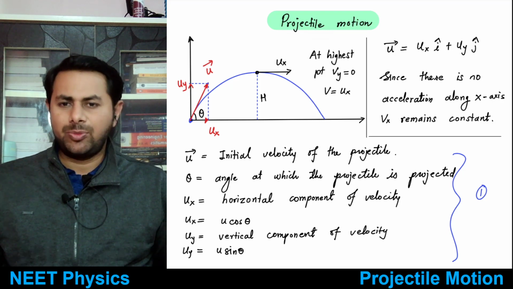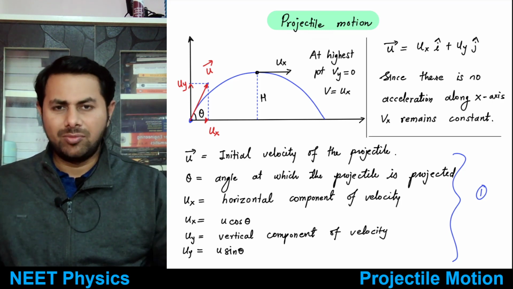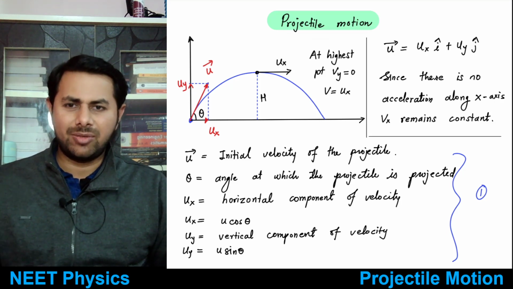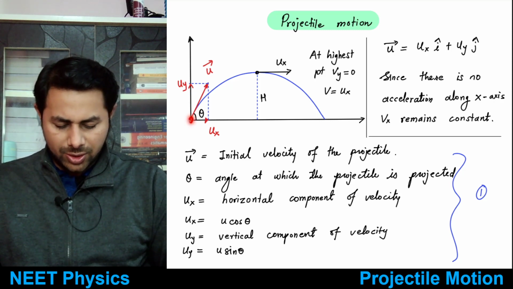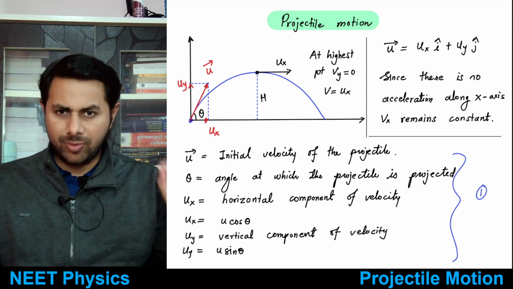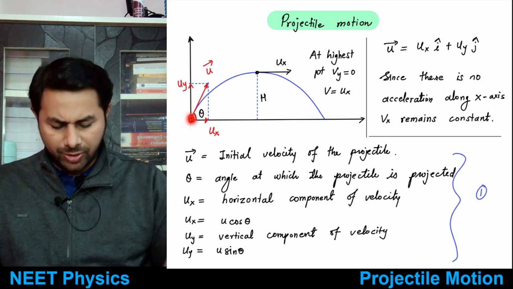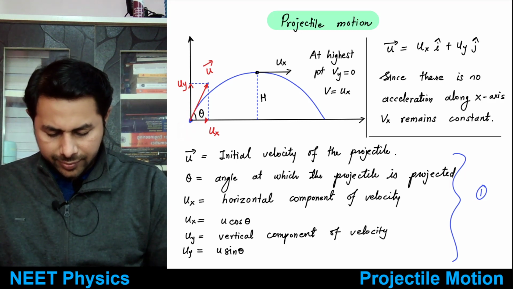So now what is projectile motion? It's very simple. Suppose you throw something in space, the motion of that object is called projectile motion, and that object is known as a projectile. Now suppose you have some object, a ball, or suppose this pen, you throw it from this point, you call it an origin. So this is the origin,